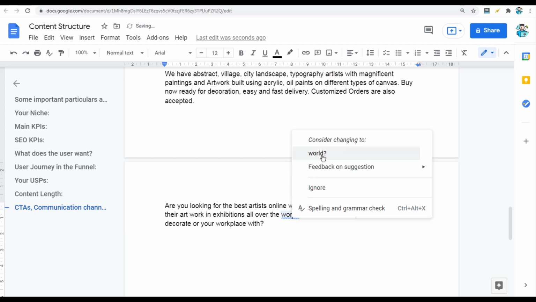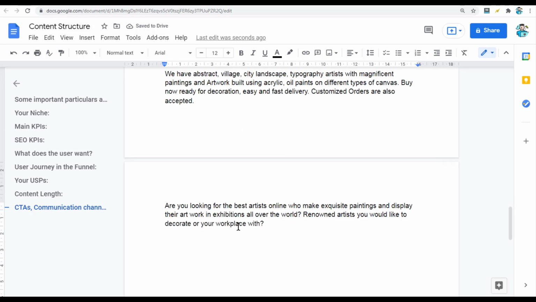So now, instead of saying your business or your office, we wrote workplace. If your keyword research tells you most people search for artwork for office, you can use that. But workplace looks like a good and easy way. It could be your own business, it could be your office where you are employed. This phrase has multiple uses. You could be an employee, it's just your workplace, your home or your workplace with.